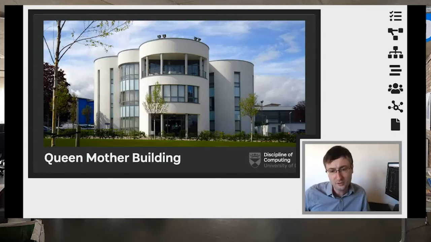So, computing at Dundee is based inside of this building here, this one here, there we go. This is the Queen Mother building. Every single part of computing is really based inside of this, and this is your home throughout your degree. All of our staff have offices inside of this building, and it acts as a central hub. It's very easy to find on campus. It's right beside the Students' Union, and we've got a really nice piece of grass outside it for any time that it is sunny enough to go outside and have a picnic.